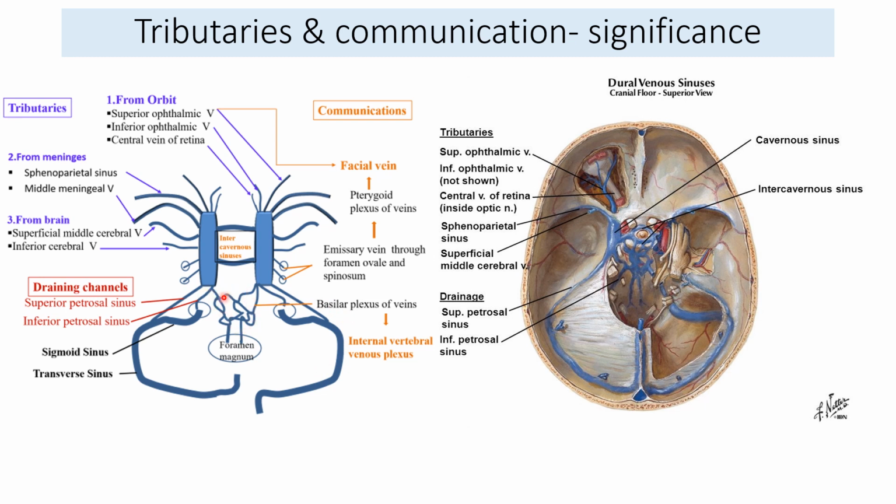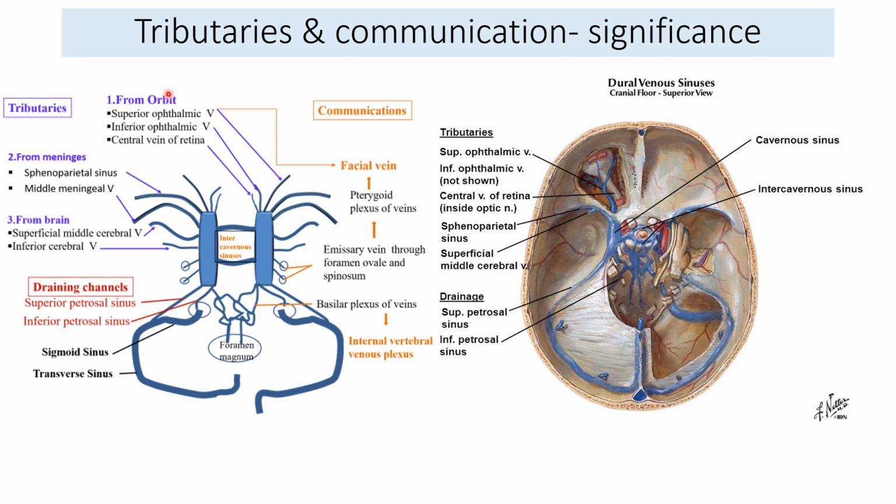One more thing, the basilar plexus of veins which is present on the clivus between the brain stem and the clivus. This basilar plexus of veins communicates with the veins which are present in the vertebral canal. This is the foramen magnum, and the foramen magnum is in continuity with the vertebral canal. So the veins which are present around the spinal cord will communicate with these basilar veins. That is one more communication which is written here. The internal vertebral venous plexus communicates with the basilar vein, and the basilar vein communicates with the cavernous sinus. So remember all these communications which will play an important role.